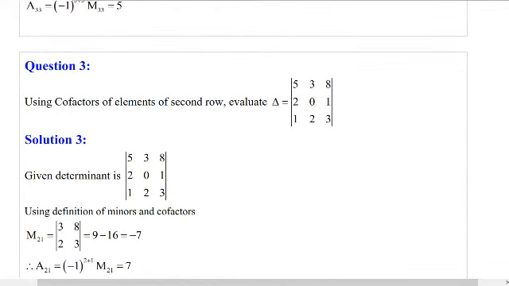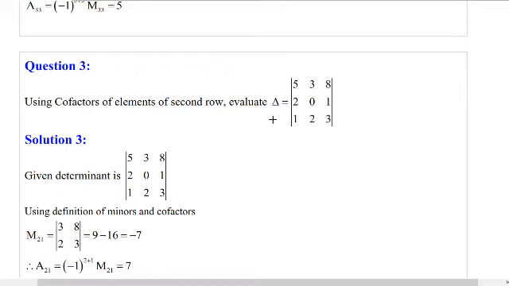Now, how do these cofactors help us in calculating the determinant? This I am going to explain you, right? So see, you can find the value of determinant in 6 different ways. And how is it possible? You can choose any row or any column, and once you choose the row or column by which you want to calculate the determinant, then for those elements you have to calculate cofactors also.